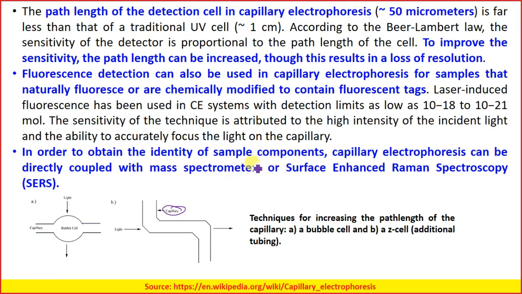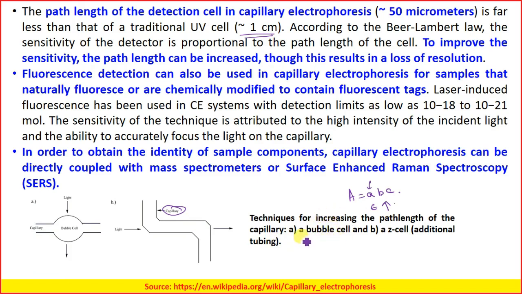we need to increase the path length, because if you remember the UV visible spectrophotometry, we called absorbance equals A = εbc, where ε is basically the molar absorptivity, and b is the path length. Now, the path length in a typical UV cell, what we discussed, was nearly 1 centimeter, but here we are having a very narrow path. So, because of that, the reason